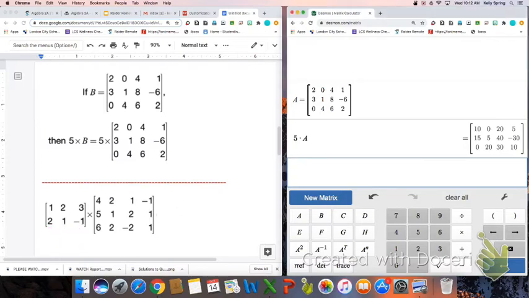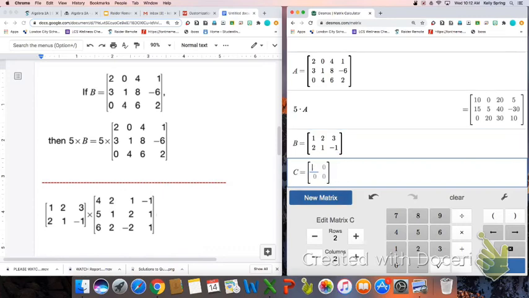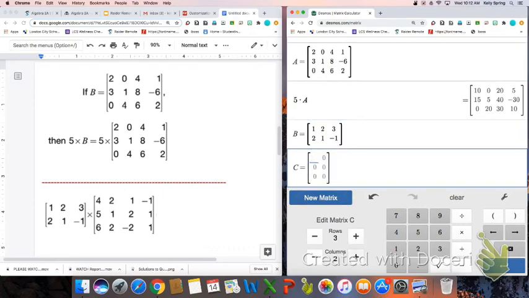So I'm going to define my 2 matrices. So my first one is 3 columns. So let's enter that in. 1, 2, 3, 2, 1, -1. Then I'm going to click Add a New Matrix. And my next one is 3 rows and 4 columns. And so if I enter that in,